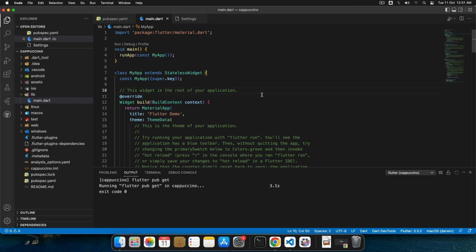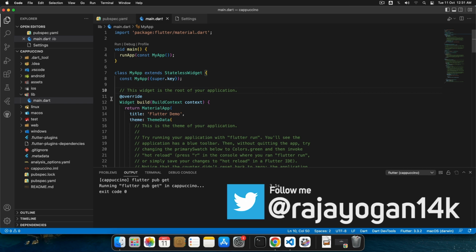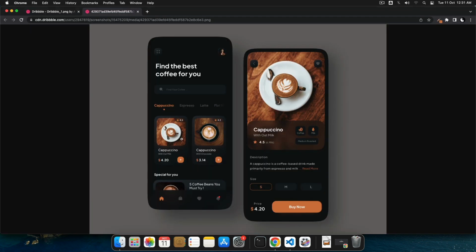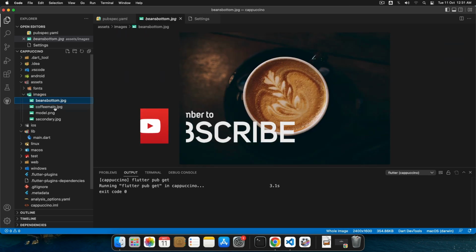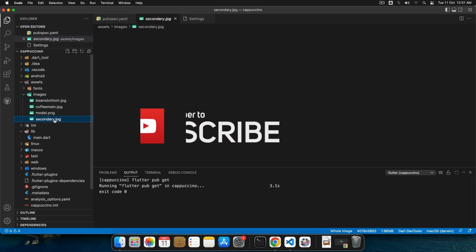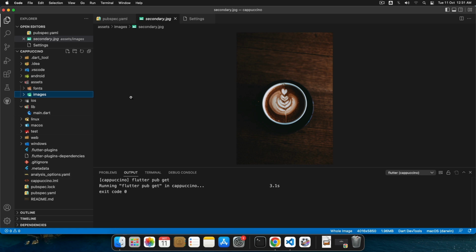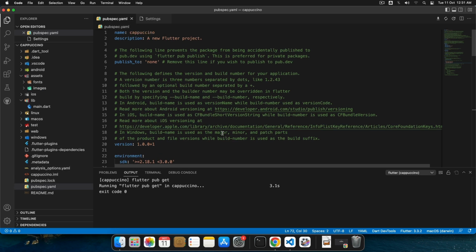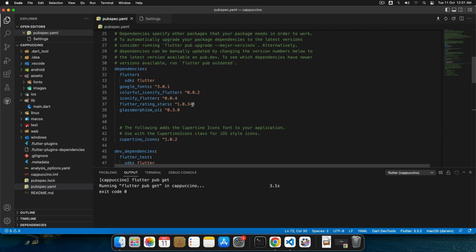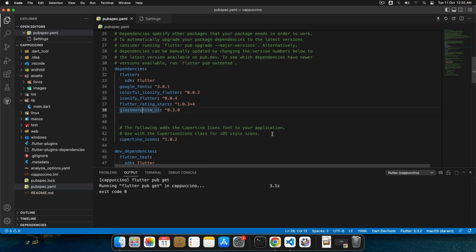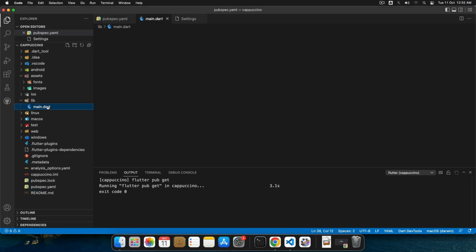I scaffolded out a blank application here. And in the assets directory under images, I have added like 4 images which are nothing but these coffee images, and I have this model image here. That's it. And apart from this, I have also added a couple of libraries that I'll be using in this project. One is for the fonts, the other ones are for icons, and this is for the frosted glass effect. Fine, let's get started. So in the main page,